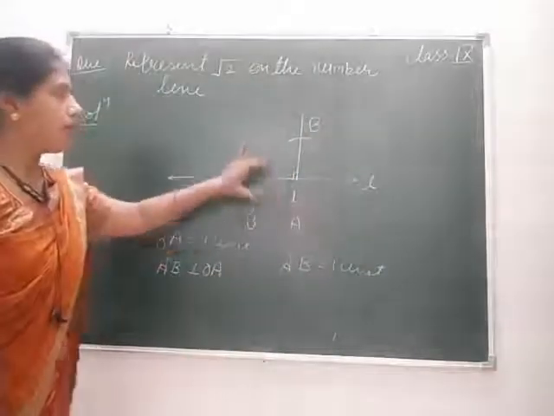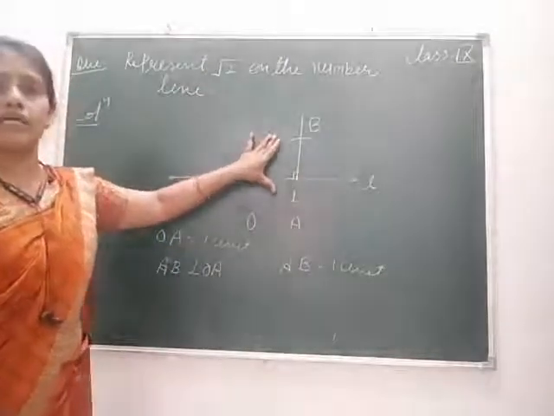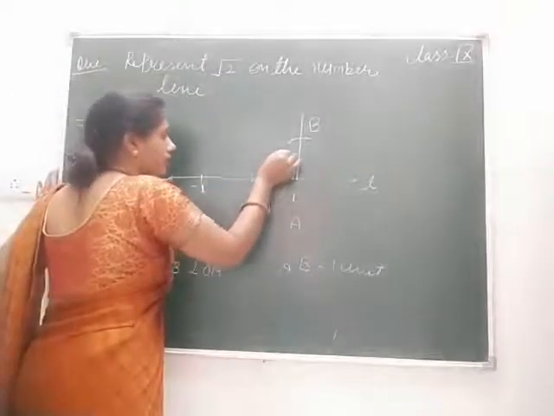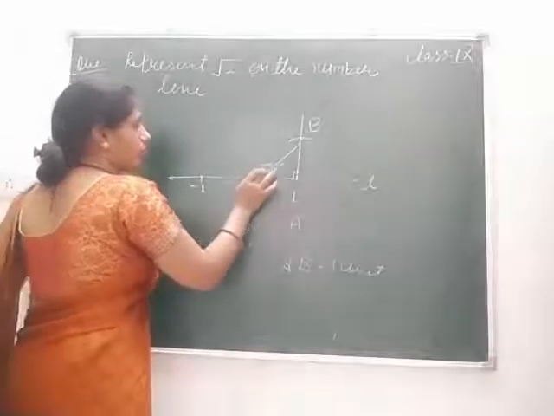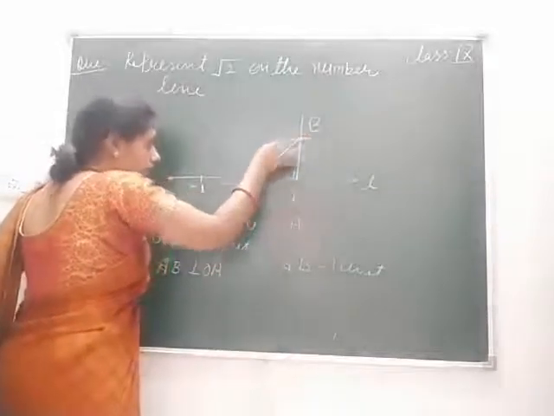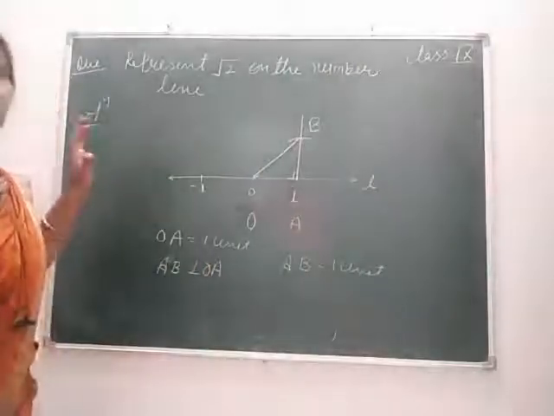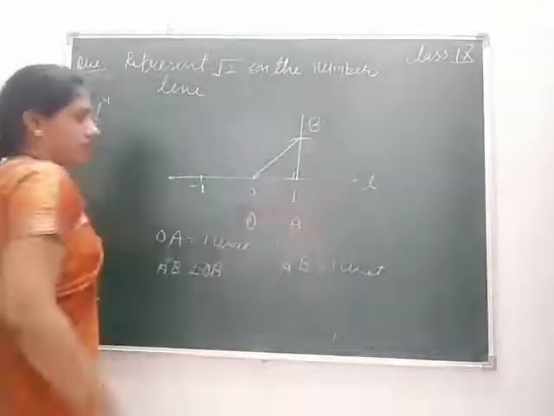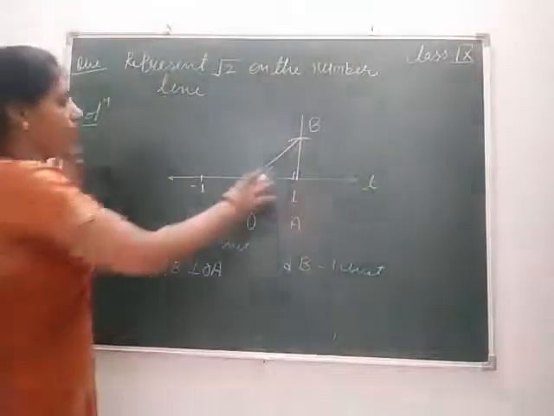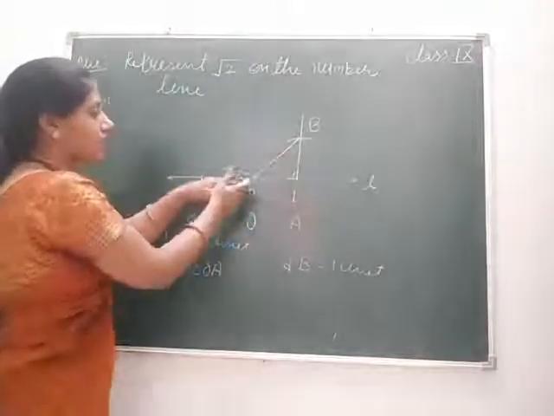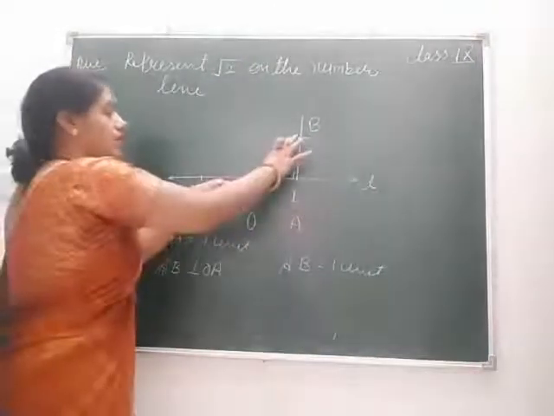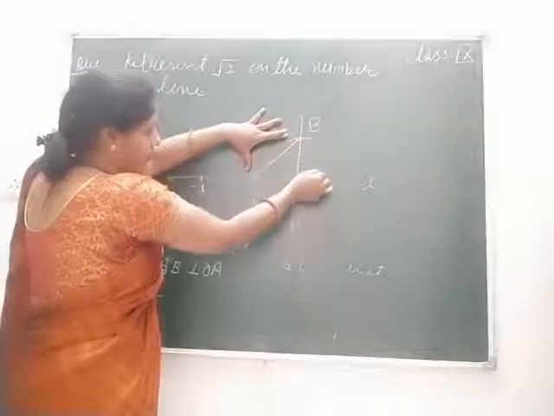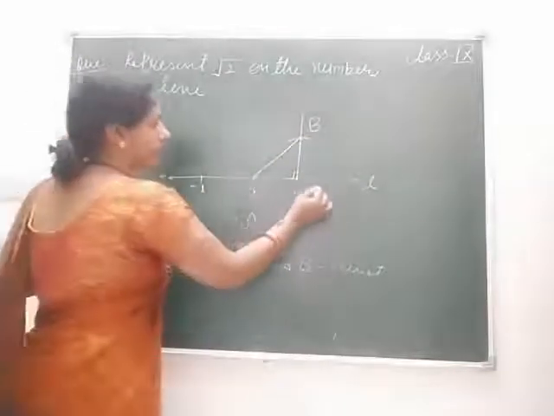Means A point से हमें 1 यूनिट का क्या लगाना है? आर्क लगाना है and indicate to B and join to OB. With the help of compass, we measure the OB and cut an arc of the number line. Means आपको कंपास से AO को OB को मेजर करना है. कंपास की नोक को O पर रखें और कंपास को मेजर करने के बाद आपको इस तरह डॉट डॉट डॉट से आके आपको कट लगाना है. किस पर? नंबर लाइन पर. द रिप्रेजेंट ऑफ द C.